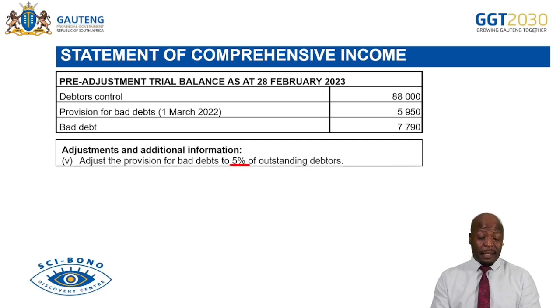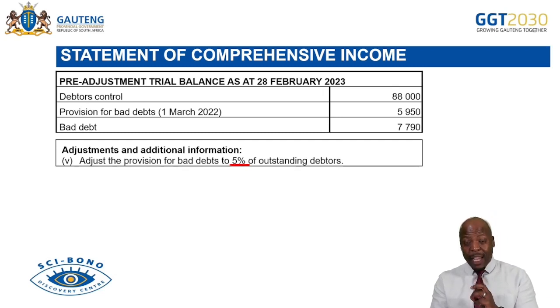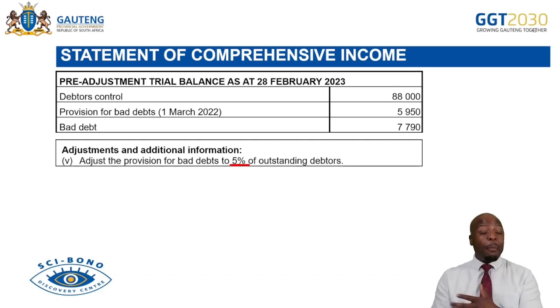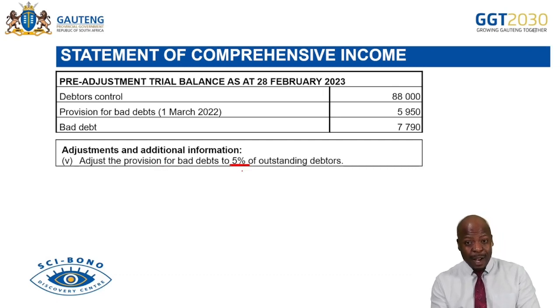Now, what happens is this. When we sell goods to debtors, there is a chance that some debtors may not pay. This will be based on the trend that we've seen in the previous years, that a particular percentage of the people we have sold goods to on credit end up not paying. So the business will therefore create what is known as a provision for bad debts. It is to reduce our income, all right, saying there is a possibility that some of our debtors may not pay. So now we are being told that we must adjust the provision for bad debts to 5% of the